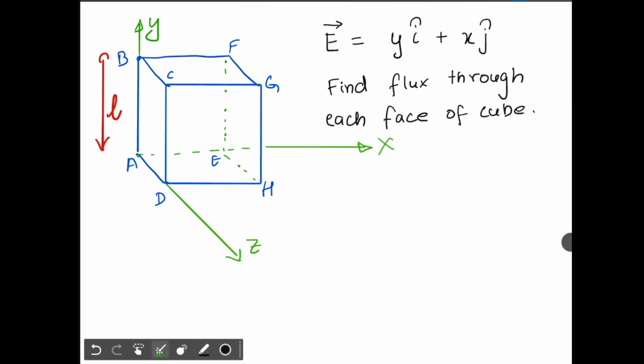Okay, see this question, we have E vector is y i cap plus x j cap. We have to find the flux through each face of the cube. Here you can see we have a cube of side L. So we need to find the flux one by one through each face, but let's go to the simplest